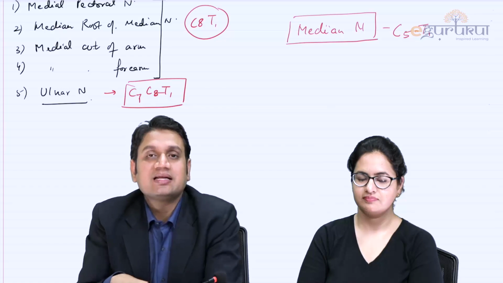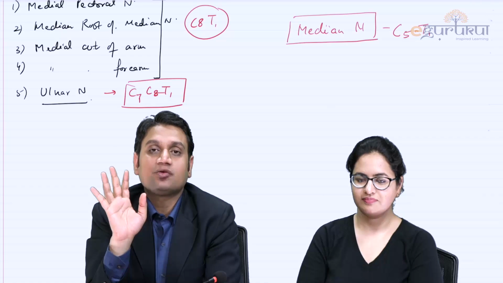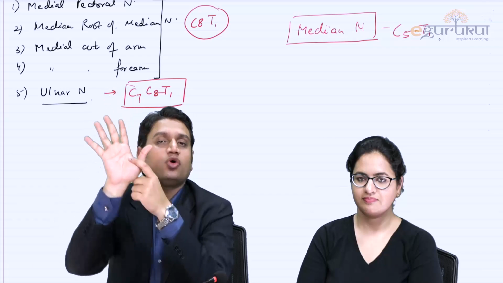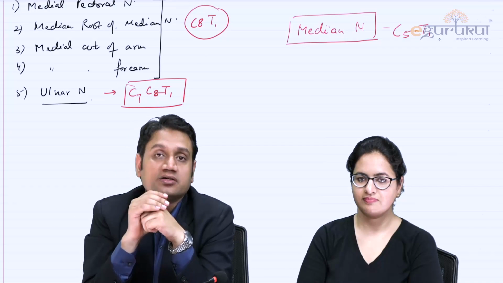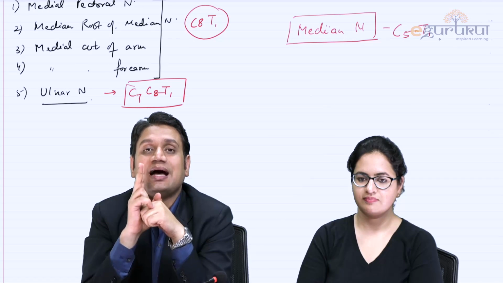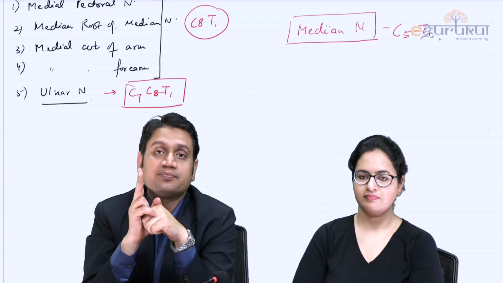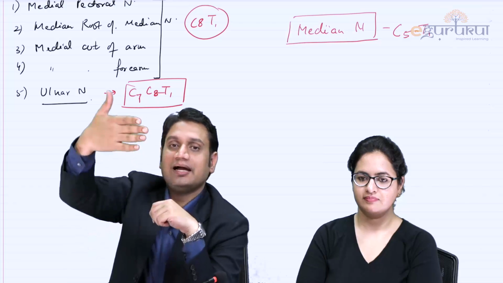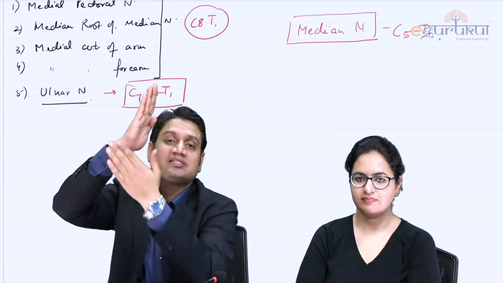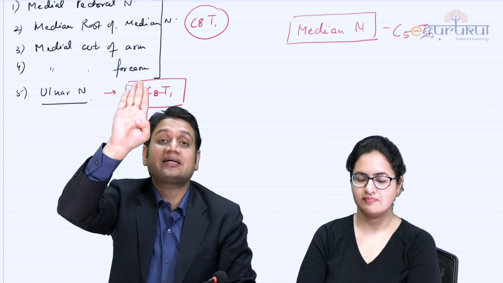What all manifestations can we see clinically? For the median nerve, the important clinical implication you should remember is that all the muscles in the thenar eminence get a supply from the median nerve, except for two that you should remember for PGME purpose. What are those? One is abductor pollicis longus, APL, which gets a supply from the radial nerve. And the second exception is adductor pollicis. Adductor pollicis gets a supply from the ulnar nerve. Yes, you heard me right. The ulnar nerve, which supplies this side of the hand, is controlling this side also by adductor pollicis.